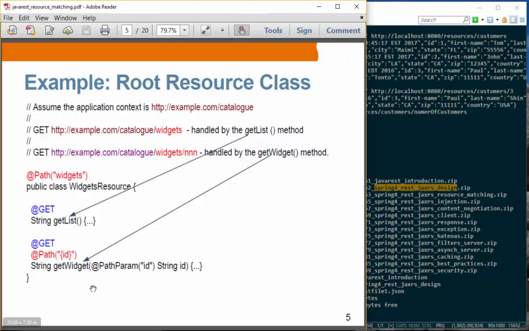And then it has two methods. One is called getList, and the other one is called getWidget. Okay. So both of these methods will handle GET requests. Now the @Path annotation could be specified at the class level and method level, and if you have a method level @Path annotation, that will be concatenated with the class level @Path annotation. So in this case, we have